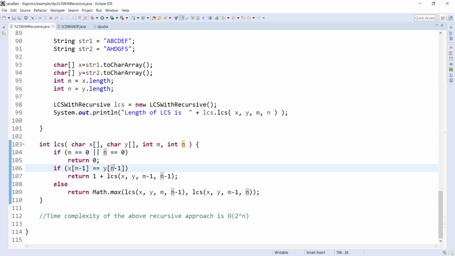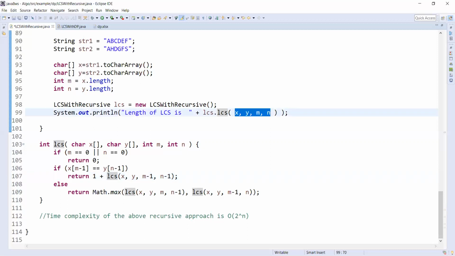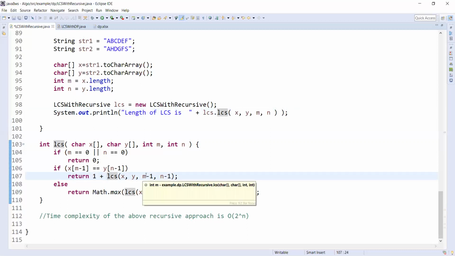We compare them. If they match, we take 1 plus LCS of x, y, m minus 1, n minus 1. We decreased both lengths by one, which means we ignored the last character from both strings, and pass the new lengths.